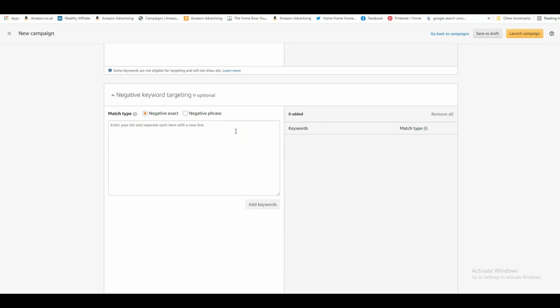For example, this book that we're advertising has got an alarm clock on the cover. And sometimes we put in keywords that are related to the cover. So if I've put in a keyword that says alarm clock, and people are searching for alarm clocks, my book comes up and it's not really what they wanted. They were searching for alarm clocks. So what you can do then is, if you have included that keyword, put it into negative, type in alarm clock here, so that when somebody searches for alarm clock, your book doesn't come up. And that's why it's important maybe not to include keywords that are not relevant to your book.